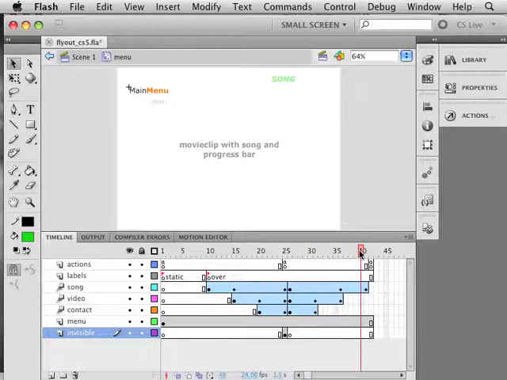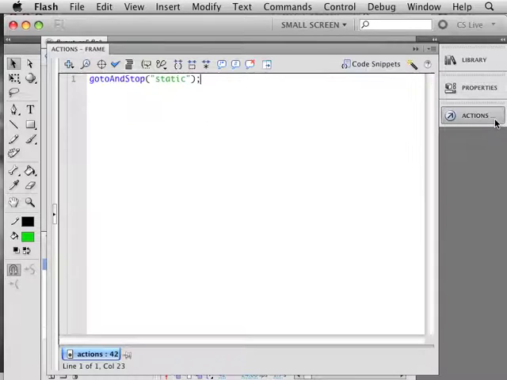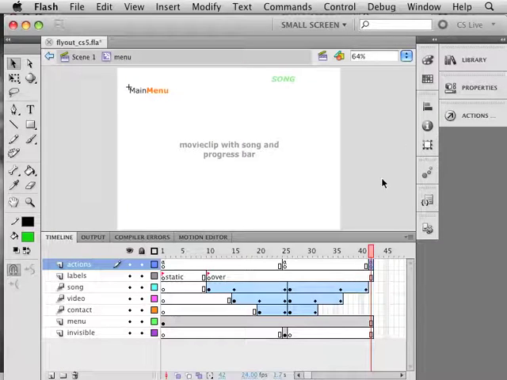And then when it gets to the end of that animated sequence, I have one more ActionScript in frame 42, it looks like here, telling me to go back to the marker, to the label rather, called static. And if I open that up, you'll see here, gotoAndStop, bracket static. Okay, now let me go